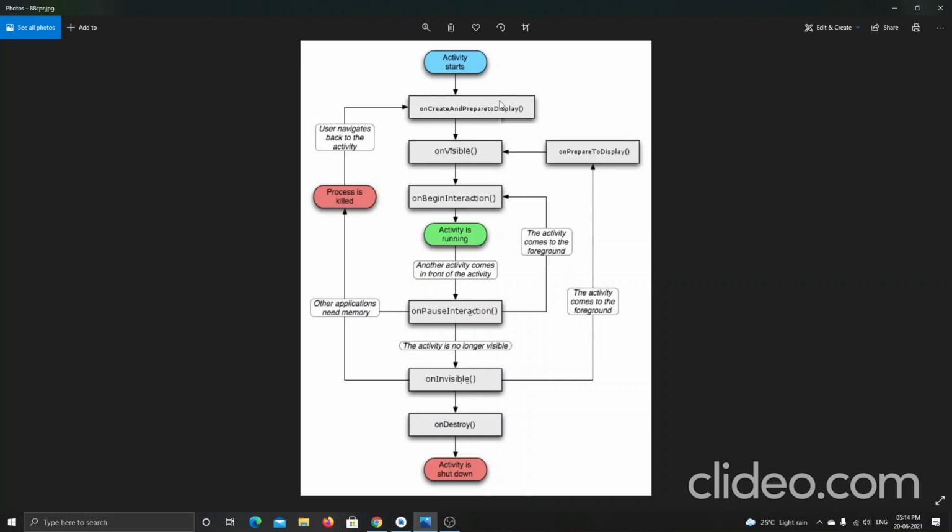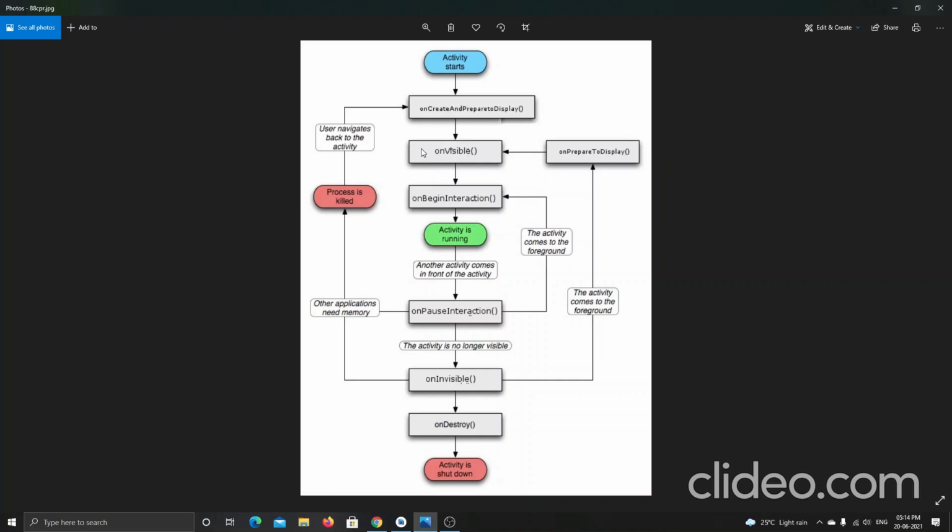After the first start, or the launch after some destroying, I will be explaining that. Before that, understand this. At the first start, it creates and prepares to display. Then it moves on into the onVisible state, or onVisible method, where it will be displaying some information which is used to display by that application.